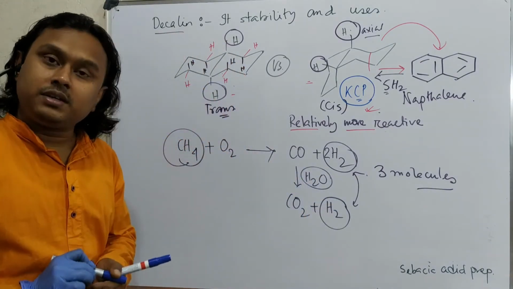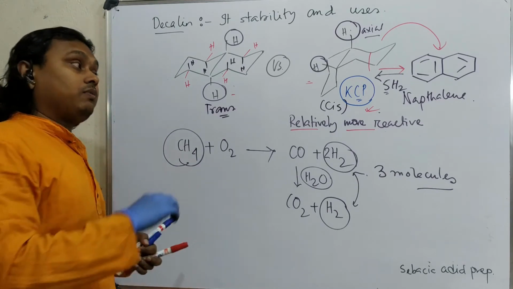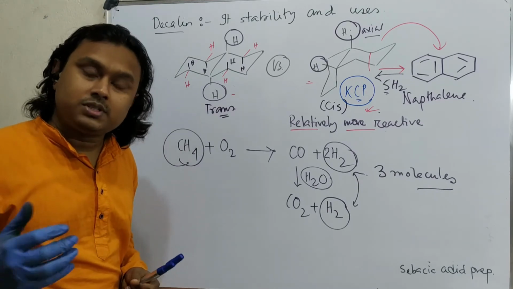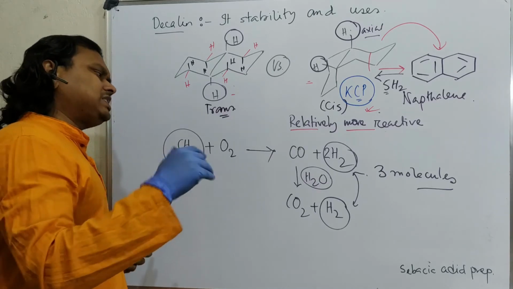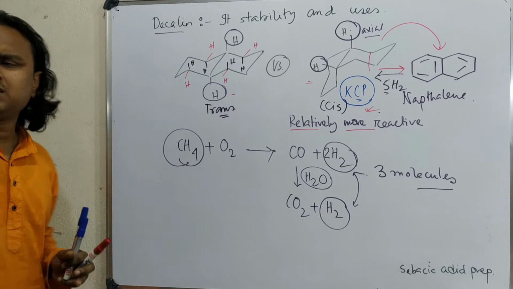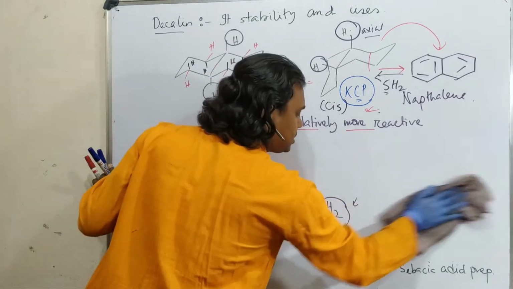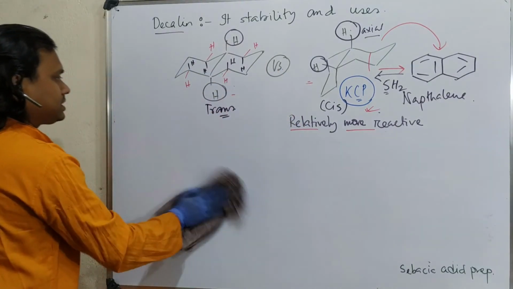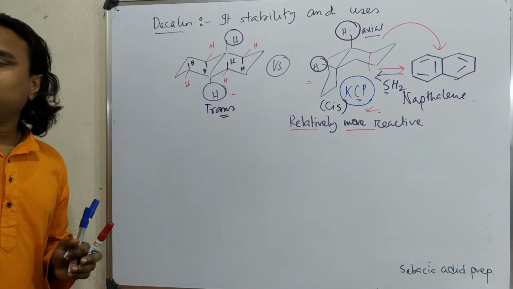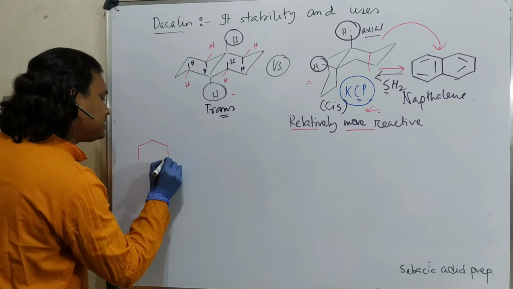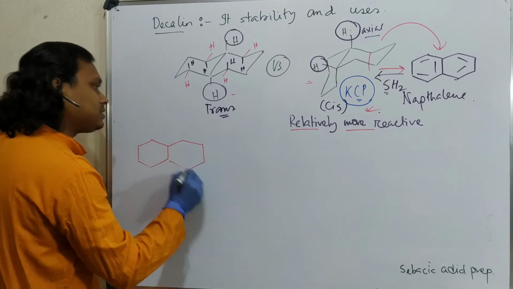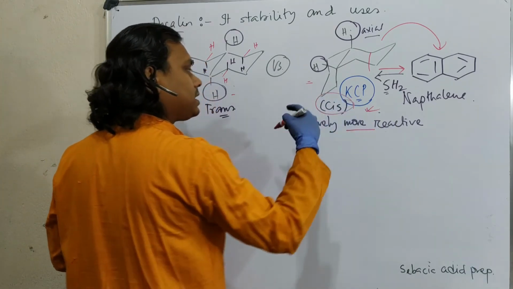But right now scientists are trying to produce hydrogen from water, means water electrolysis. I shall discuss that later, so that is more green. So that's an alternate strategy, which we'll discuss later on. Now the question is another application that I told you, sebacic acid preparation. What happens? Let me go a little quickly. It's a mixture, I'm not focusing on that, but in this case remember cis is more reactive than trans.